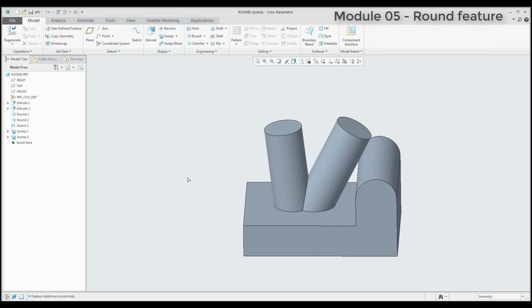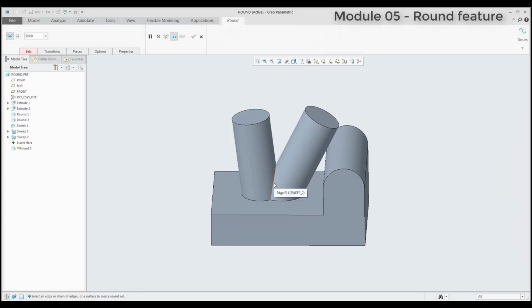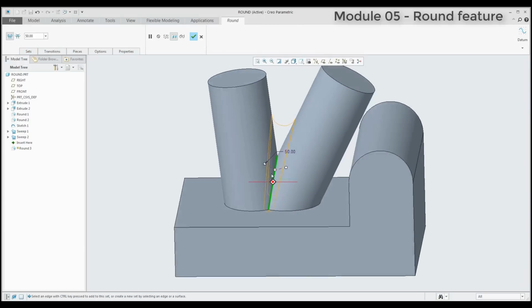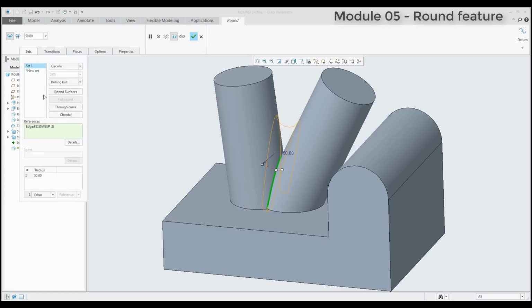Okay, and right now the question is if it is possible to create a round feature here on that edge. If you select the edge and the system shows you only this preview, it means that it's really hard to create a round feature here. And where is the problem? If you have a look here in the sets,